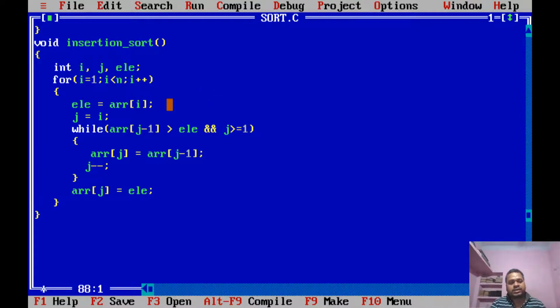First I select the element, and its position is noted. In the while loop we compare the element with previous elements. If the previous element is greater than the selected element and j is greater than or equal to 1, then we shift and also decrement the j value, and at the end we insert the element at the appropriate position.